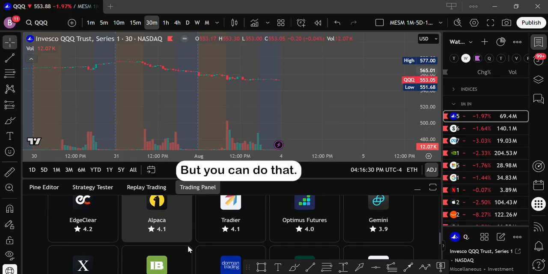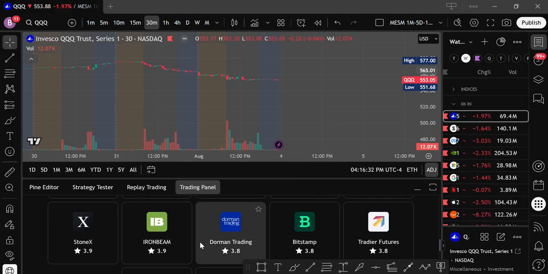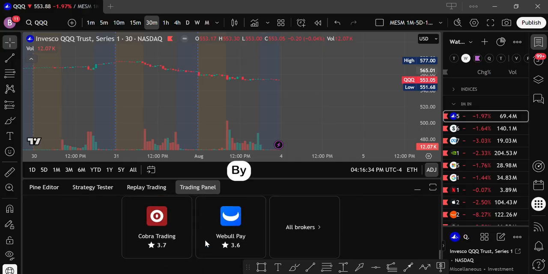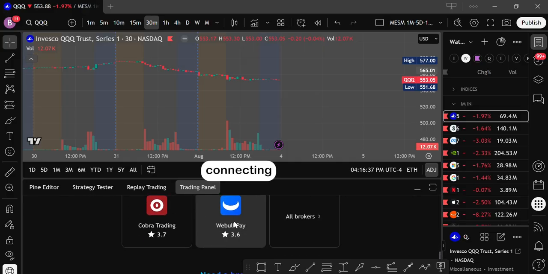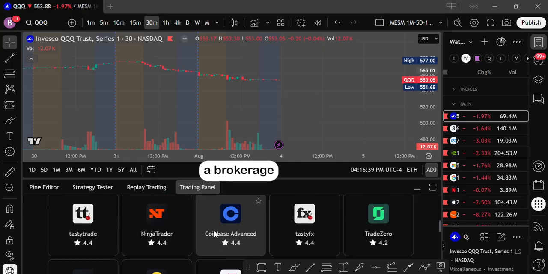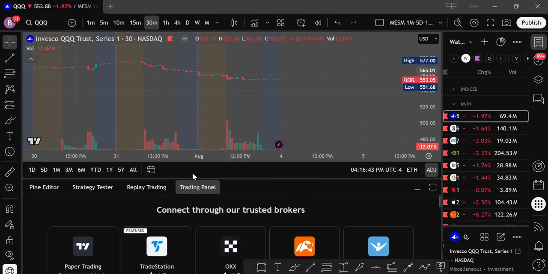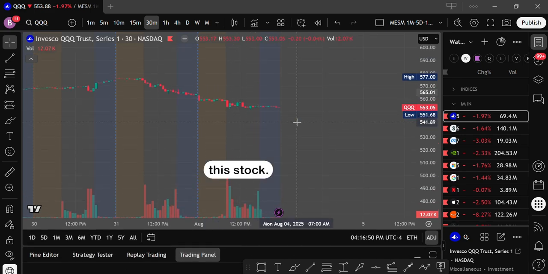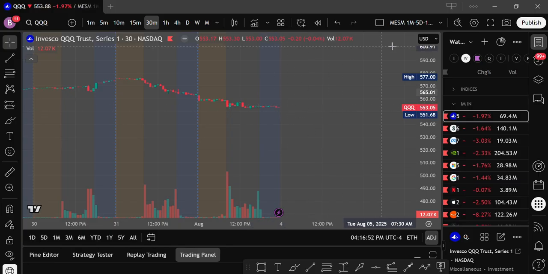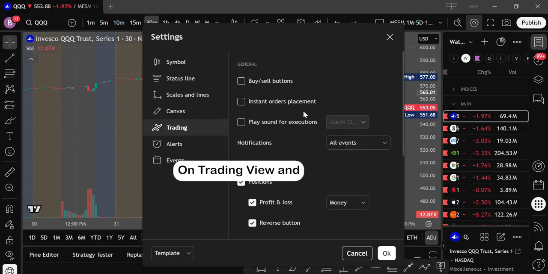But you can do that by connecting a brokerage account to your TradingView. Then you'll be able to make the trades that you're looking at for the stock on TradingView. And how they do that, I turn these off in the trading settings,